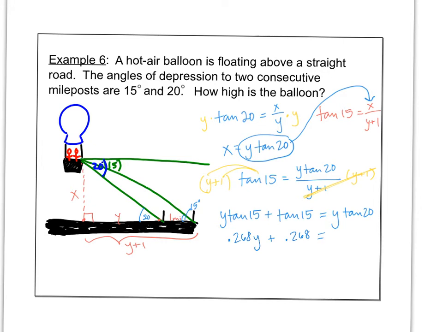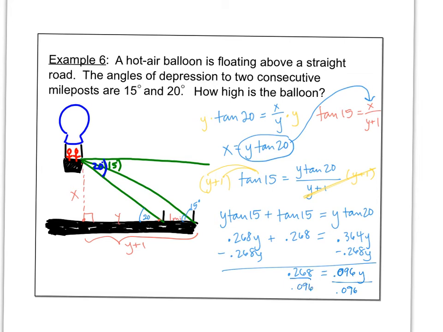Now on the other side, go ahead and type in tangent 20 into your calculator. Tangent 20 should end up being 0.364. So we have 0.364y over here. And suddenly I can solve this. Suddenly I have like terms. So minus 0.268y from each side. You end up with 0.268 equals, and when you subtract these, you get 0.096y. Divide by 0.096,